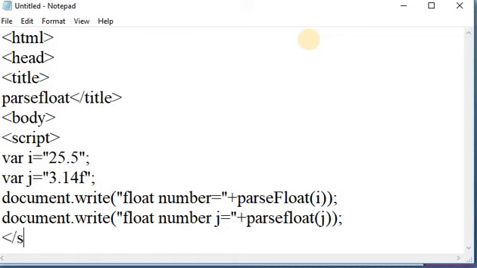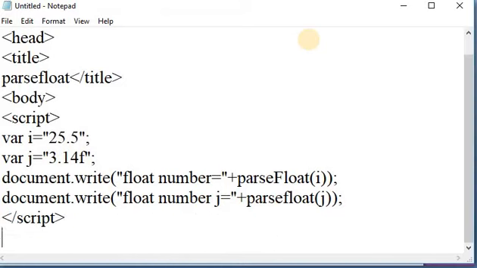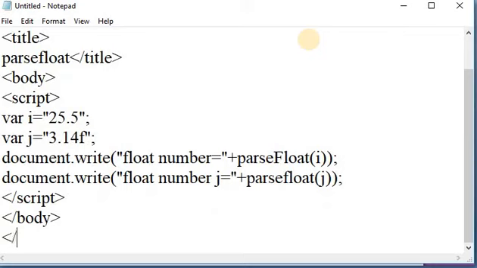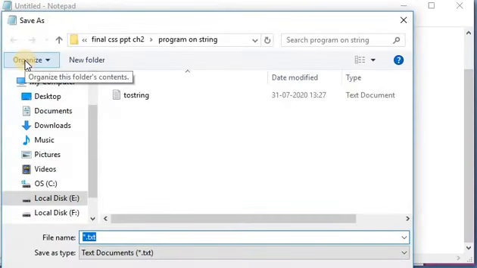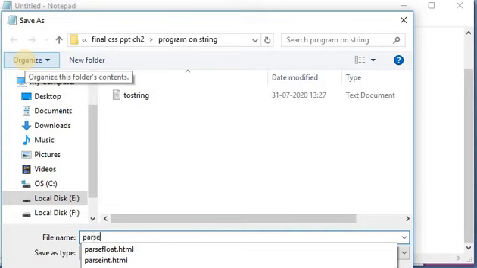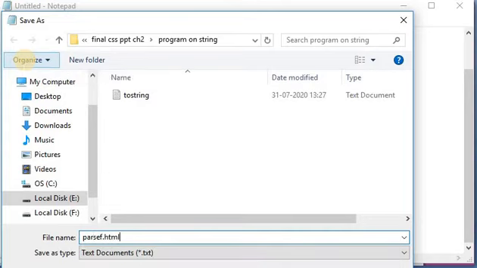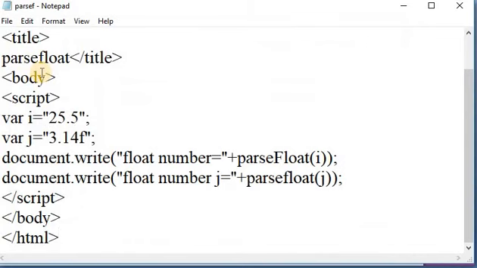Close the script tag, close the body tag, and close the HTML tag. Here I am taking parseFloat with f in a lowercase letter. Let us see what will be the output displayed on a web page. Save this file with HTML extension, parsefloat.html, and see the output.